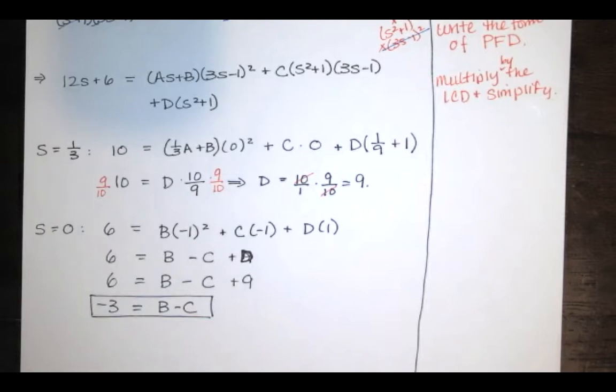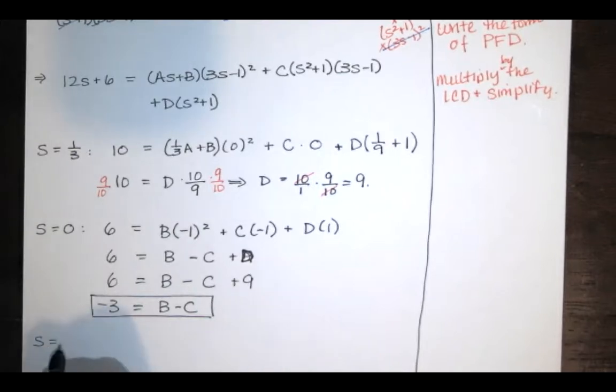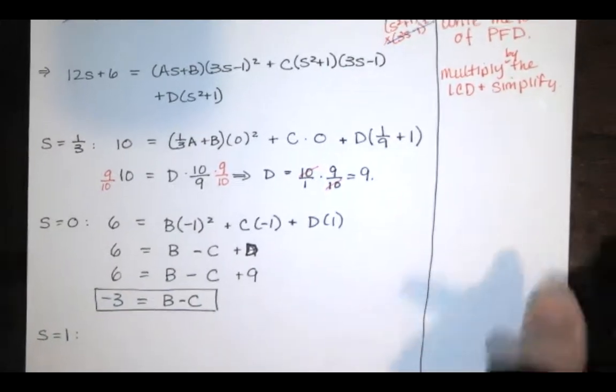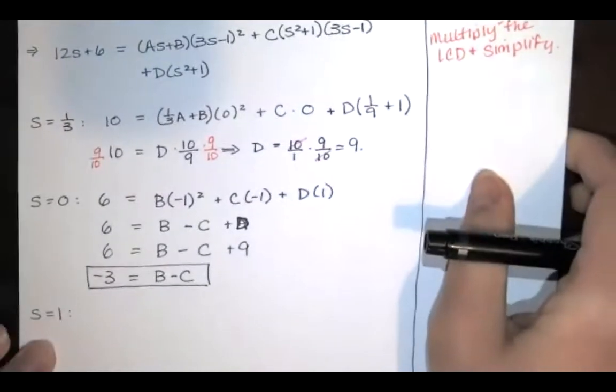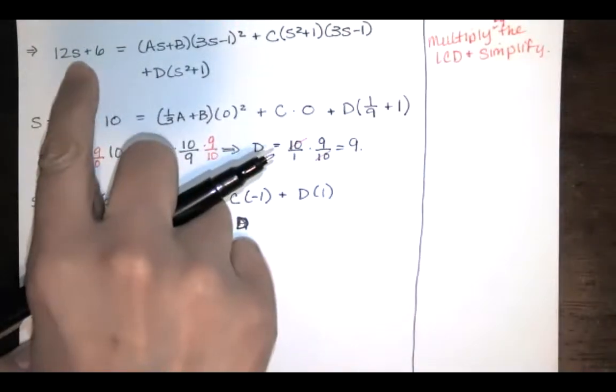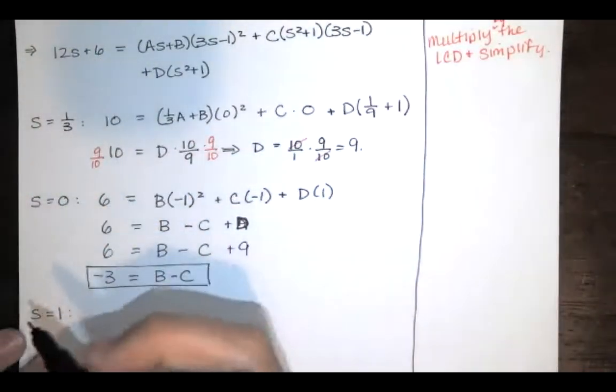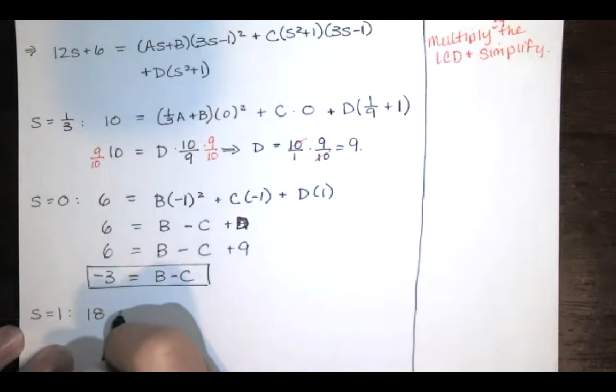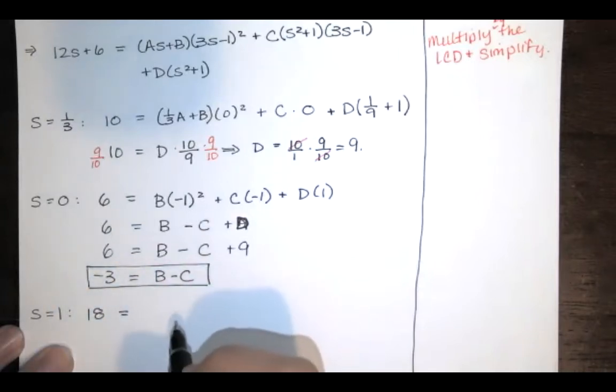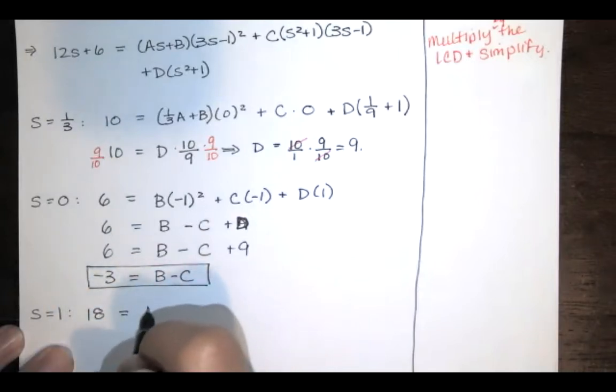What I'm trying to do is get 3 equations and 3 unknowns, and those unknowns are the A, B, and C that we're still looking for. So we need to substitute another value for S. I'll choose S equals 1 because it's easy to evaluate expressions at S equals 1. 12 times 1 plus 6 is 12 plus 6, which is 18. And that equals A times S plus B. If S is 1, that's just going to be A plus B